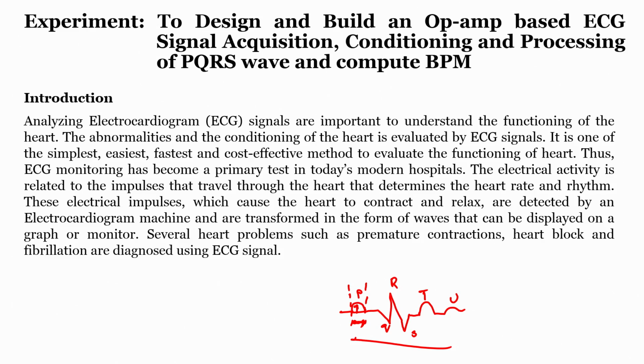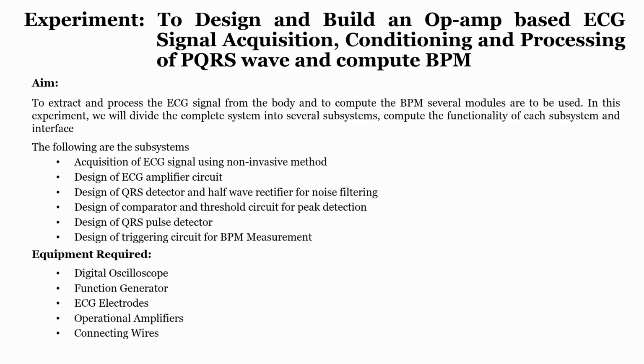So, any deviation from the standard values indicates that there is some problem in the working of our heart, right. In order to understand this, one thing we should know is how we acquire an ECG signal. The amplitude of an ECG signal is either in microvolts or in millivolts, and the signal we get is not a simple output voltage. We always have to take a difference between two sources.